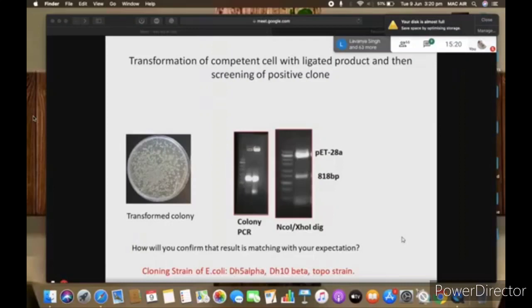So you have ligated your insert with vector, you have a very small amount, and it will go inside the E. coli and the E. coli will cleave it. So you will not get colony. That's why scientists use genetically engineered strains which can easily take up foreign DNA. How will it easily take it? There is an absence of the restriction modification system.